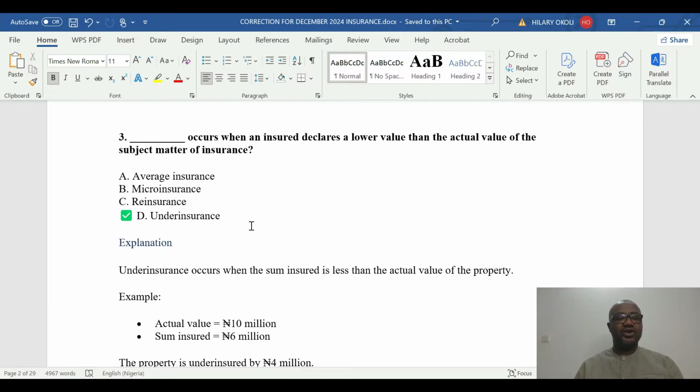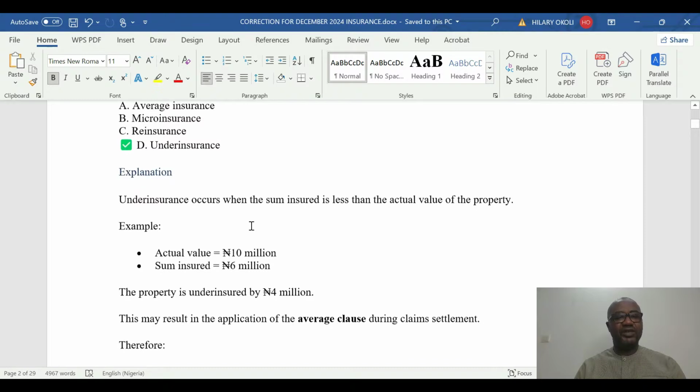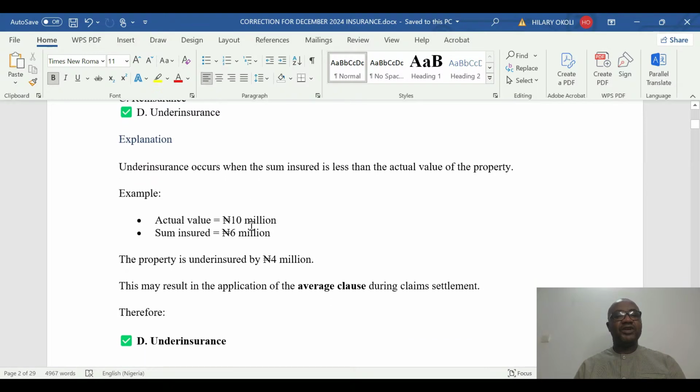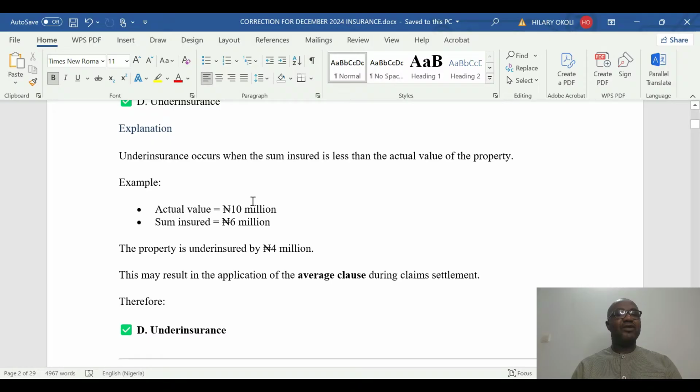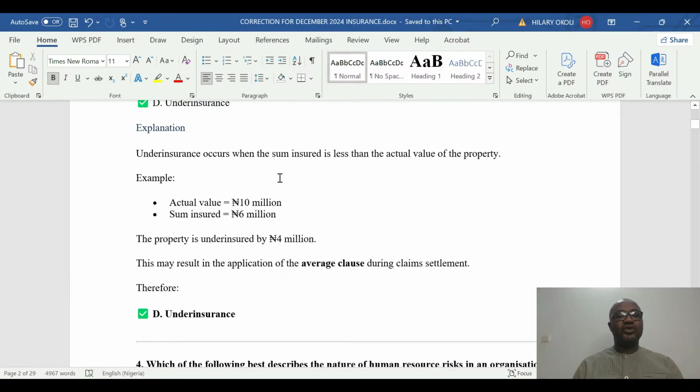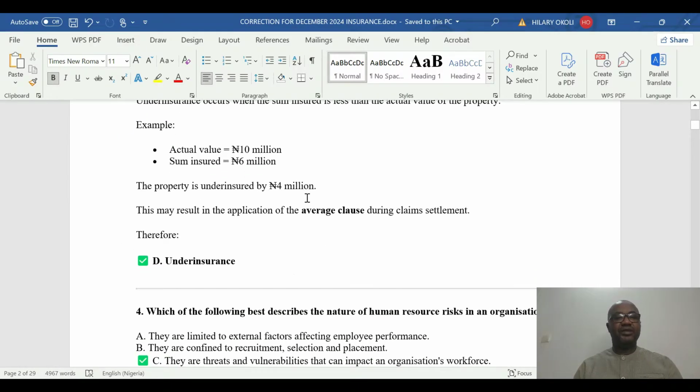A further explanation could say, as displayed here, underinsurance occurs when the sum insured is less than the actual value of the property. For example, a property's actual value is 10 million and the sum insured is 6 million. The property is underinsured by 4 million. This may result in the application of the average clause during claim settlement,